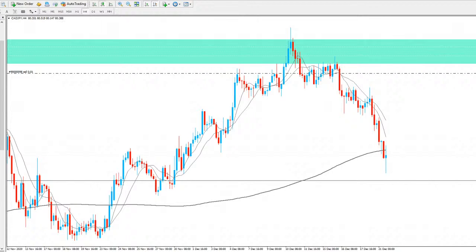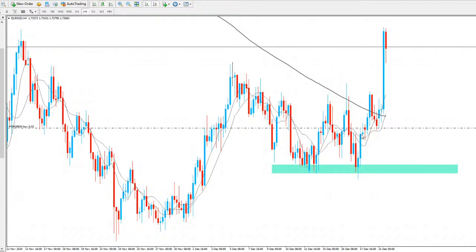I'll probably look to exit that position. And Euro NZD, I also was in a long position in this pair. We had a nice push to the upside. I was in a long position since last week. And then you can see that we opened this morning, just had a big push to the upside there for Euro NZD. So again, really taking most of my profit on this one.